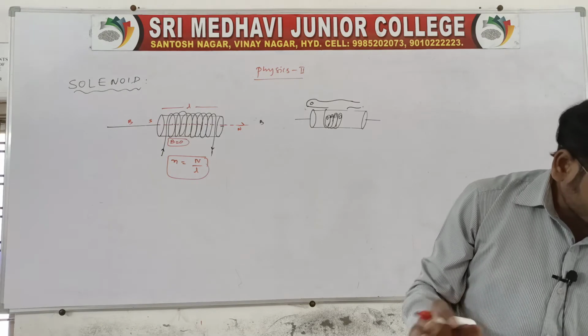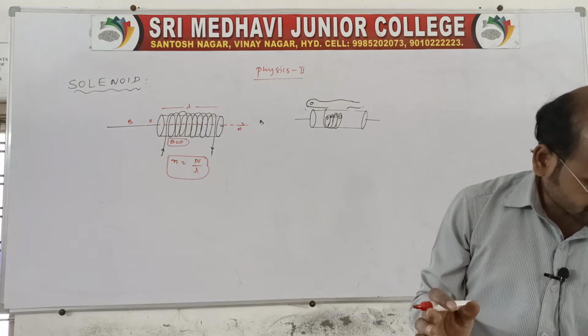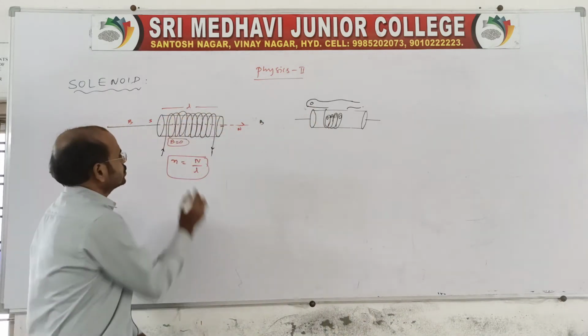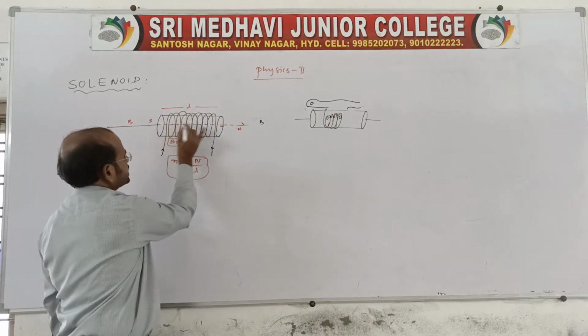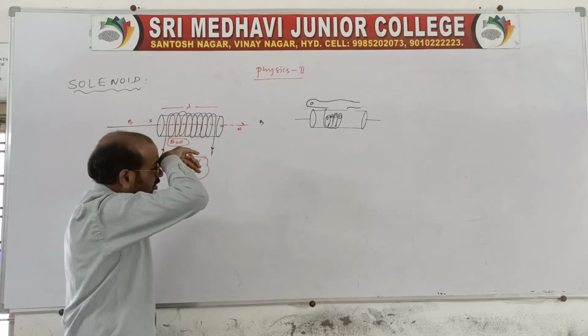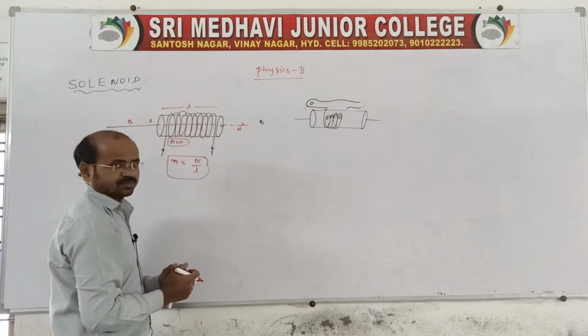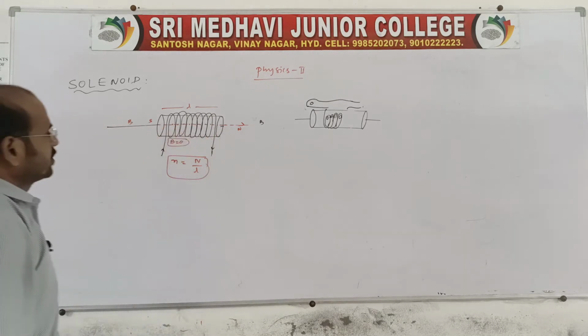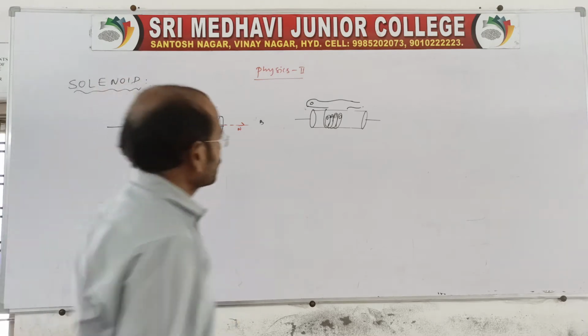The magnetic induction is obtained inside the solenoid. Along the axis of the solenoid, the magnetic fields due to all the coils are along the same axis, and they are added. Each and every coil produces a magnetic induction, and you add all the magnetic inductions which are along the same line, and we get the net magnetic induction. And here we know the thumb rule.